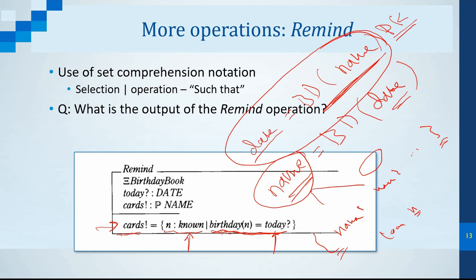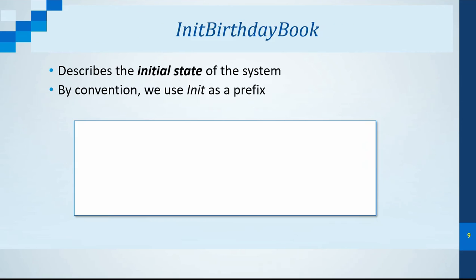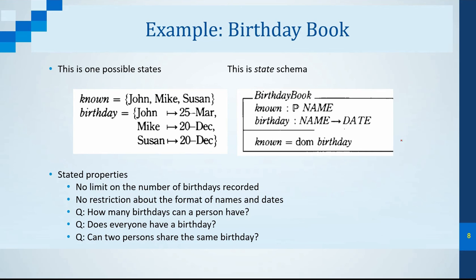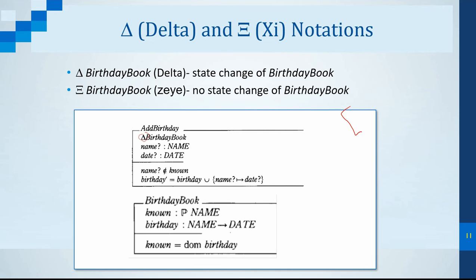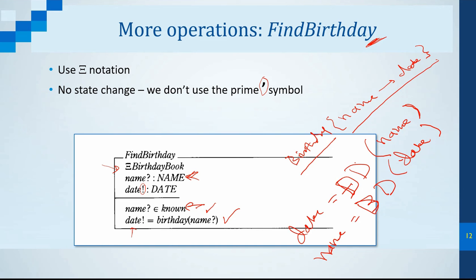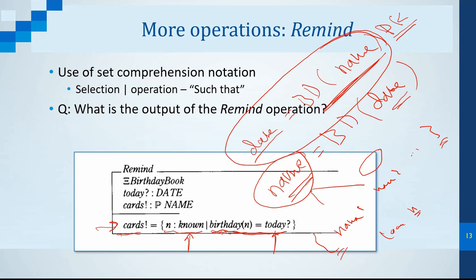Okay guys, we finish with this example now. So how to write this example? You just write the state schema, which looks like this. We have to declare the items. We have name and the relation between the name and the dates. Then we write the initial state. We add, how to add, and here how to find the birthday. This is how to add the same. Here is how to find the birthday date, and here how to find the names of people who have their birthday